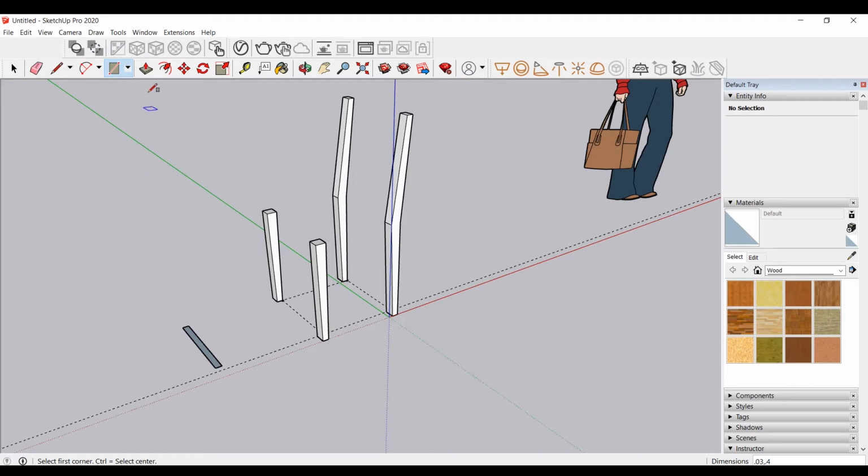Okay, then use push and pull and pull it by 0.03 to make it square. 0.03, enter. Okay,